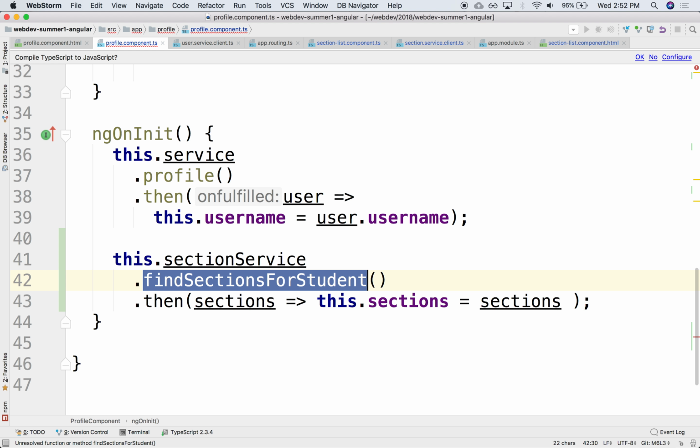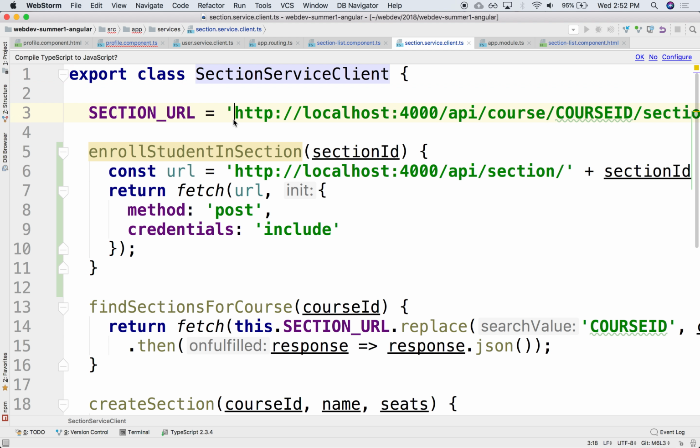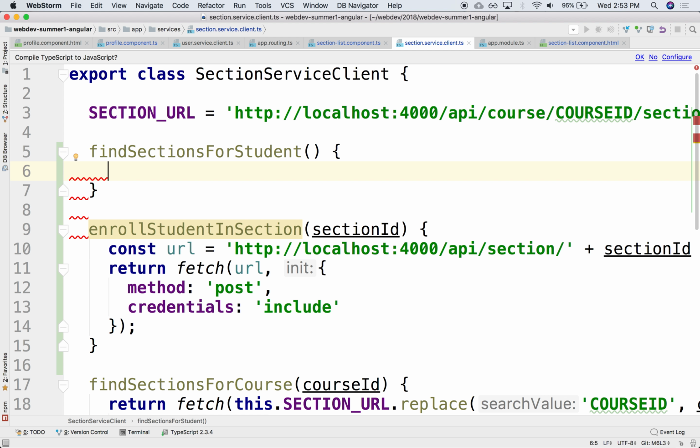Let's go into that service and implement it. So this will be something like find sections for student. We don't need the student IDs because presumably this person is logged in, and that's on the server side. We just have to remember to pass in the credentials. So the URL might look something like what? Let's see, const URL. It might look like http://localhost,